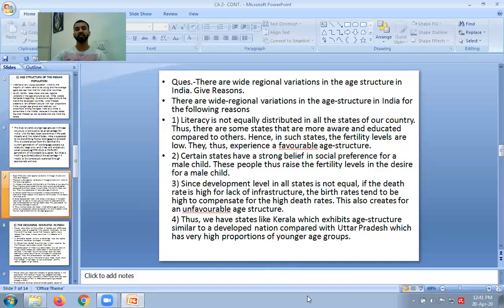So these are the reasons for the variations in the age structure, right? Because of the literacy, because of the education level, because of the awareness level, because of the bad medical facilities, because of the varieties in the fertility rate of different states. That's the reason we have variations in the age structures. Some states have more younger population, some states have more elder population, and states like Kerala have a higher elder population, while states of Uttar Pradesh have